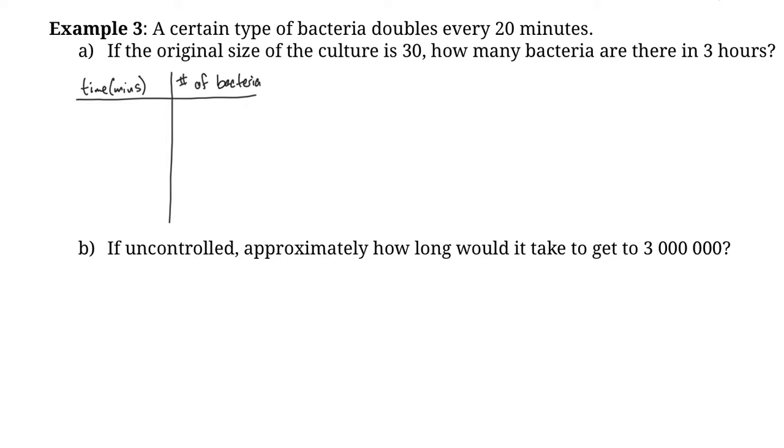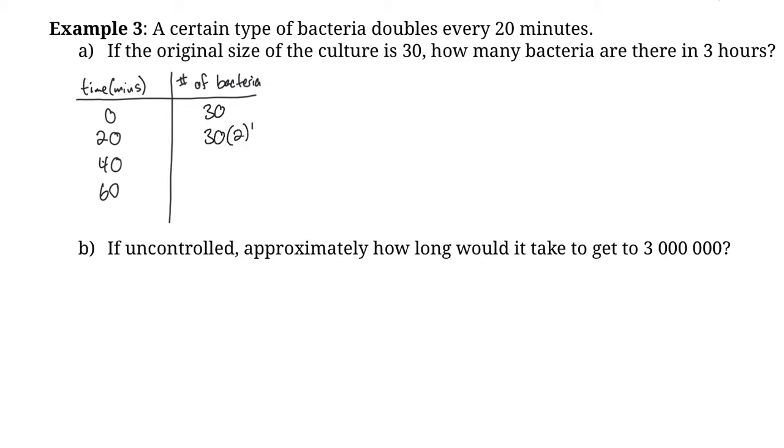So since we know that the bacteria doubles every 20 minutes, we're going to use our time and go up by 20. So we'll start off with 0 minutes, and then 20, 40, 60. And then we also know that the original size of the culture is 30, so that's the number of bacteria in 0 minutes. Then this is going to double, so we're going to take that 30 and multiply it by